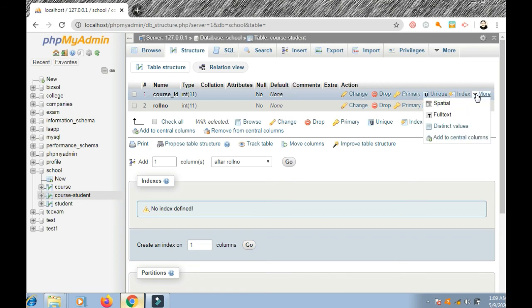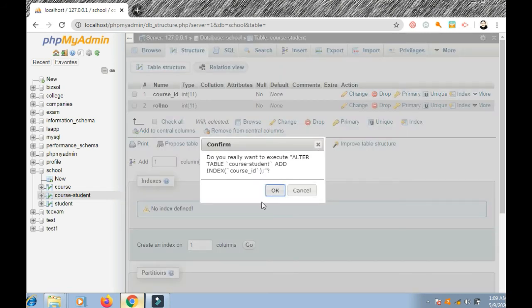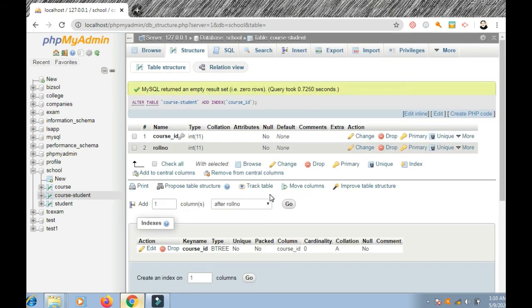I add an index here. To use the designer to make the primary key and foreign key relationship, it should be indexed. Now the second, roll number, should be indexed.